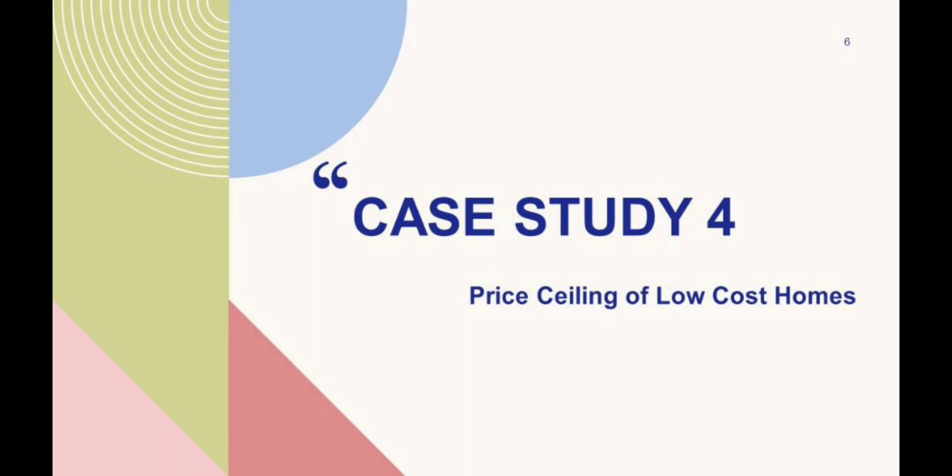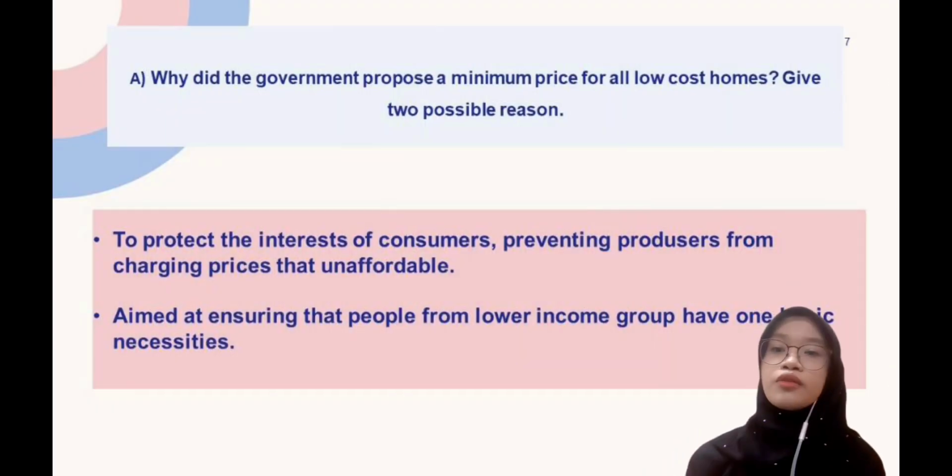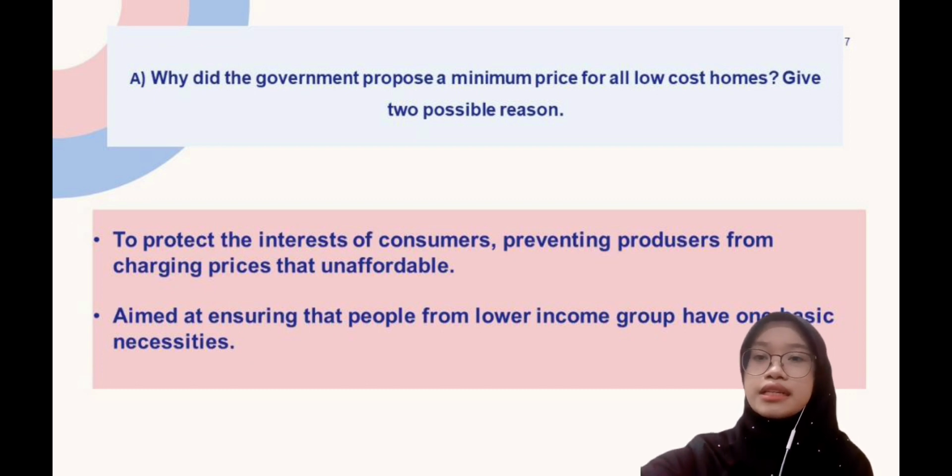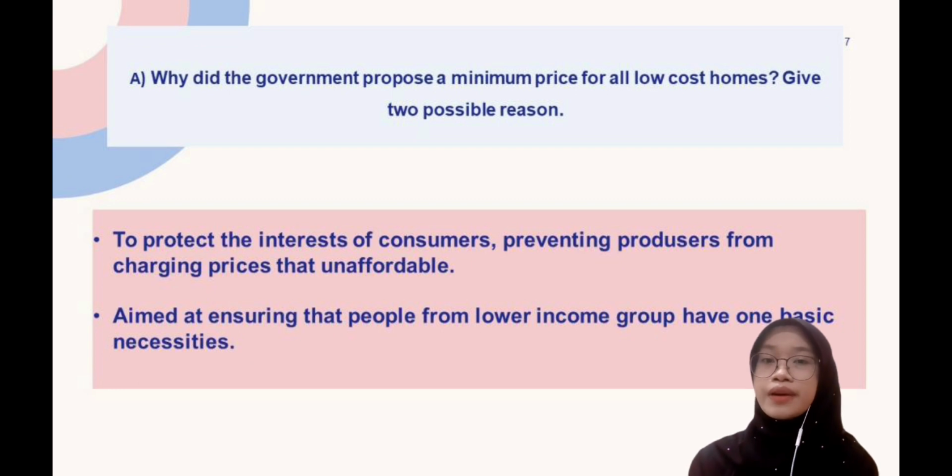Okay, now we will go into case study number 4. The title is Price Ceiling of Low Cost Home. For the first question for case study 4, which is why did the government propose a minimum price for all low-cost homes? Give two possible reasons. The answer for this question is the reason the government proposed a minimum price for all low-cost homes is in order to protect the interests of consumers by preventing the producer from charging prices that are unaffordable by low-income consumers. Other than that, it is aimed at ensuring that people from the lower income group have one of the basic